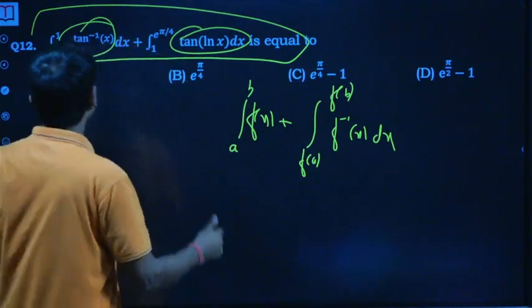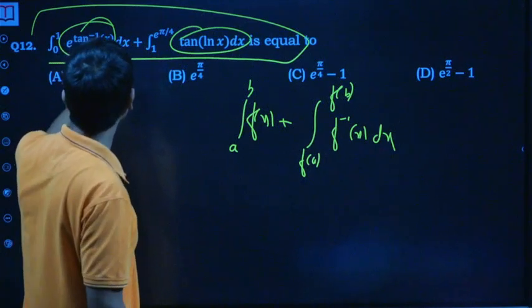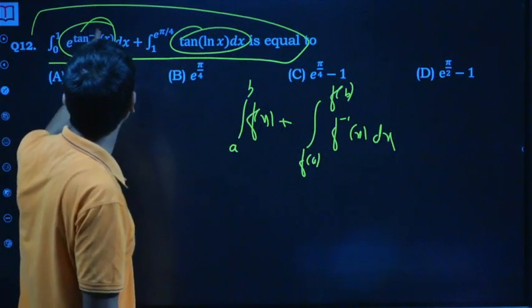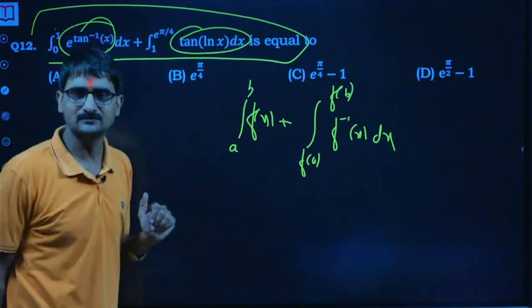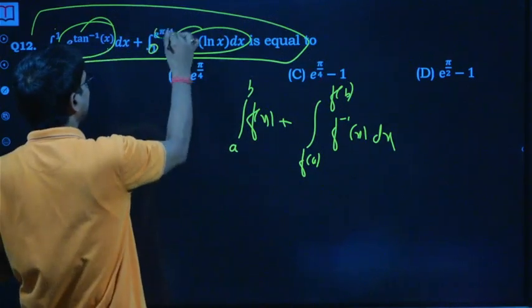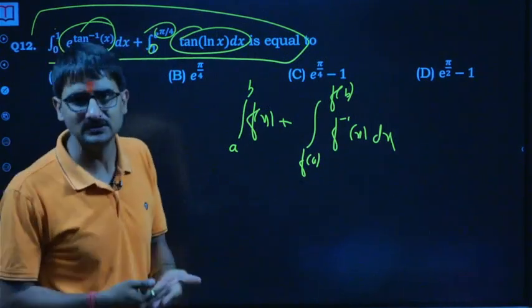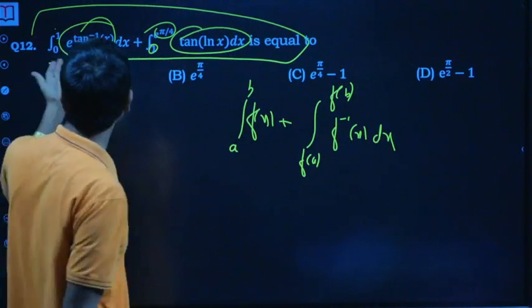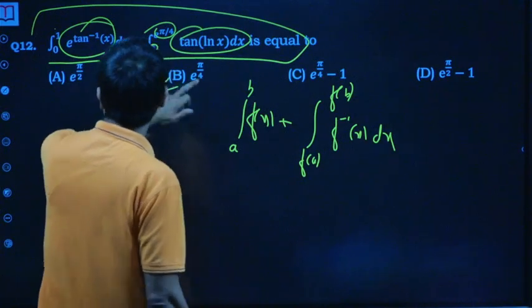So using it, it's so direct, because f of 0, if I replace x by 0 here, so it's e raised power 0, which is 1. If you replace x by 1 here, e raised power tan inverse of 1, which is pi by 4, so e raised power pi by 4. So it's f of 0, f of a, f of b. So the answer is simple, b into f of b minus a into f of a is 0. So b is 1, e raised power b. So the answer is direct, e raised power pi by 4.